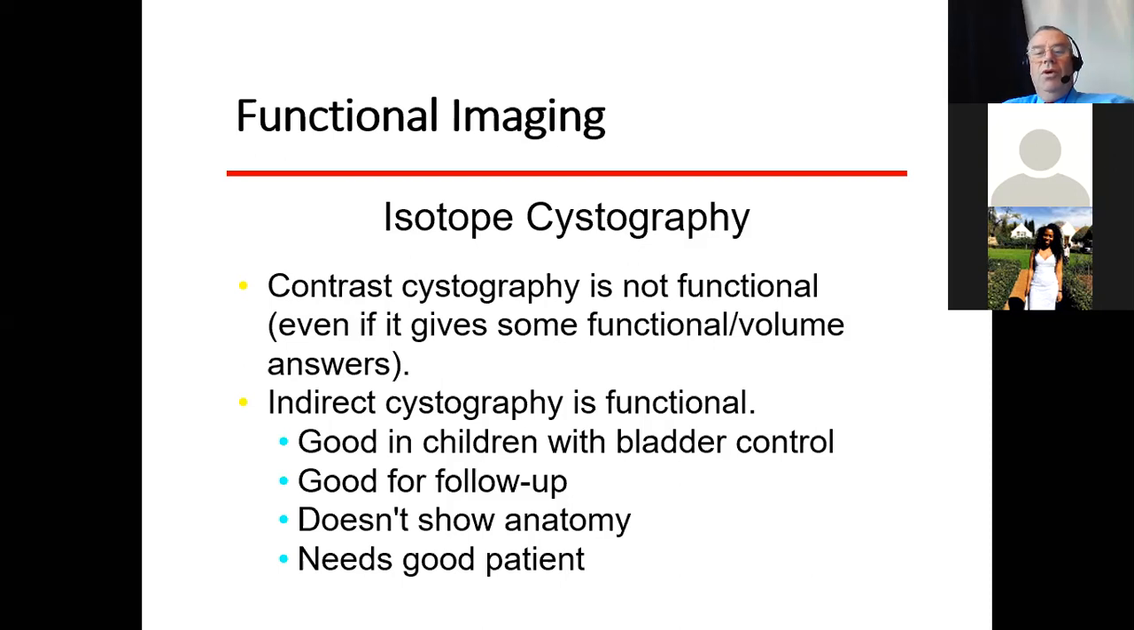To do an indirect one, in children we need to have good bladder control and the ability to urinate on demand. And it's quite good for following up after patients have had anti-reflux procedures as well. It doesn't really show anatomy, and you need to have a patient who can cooperate. So children older than 3, who may have issues with cognitive impairment, and possibly some adults, it may be more